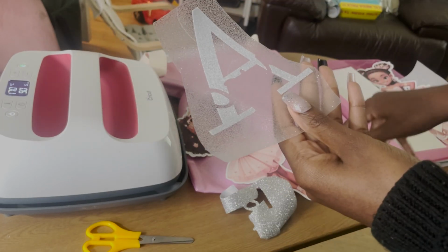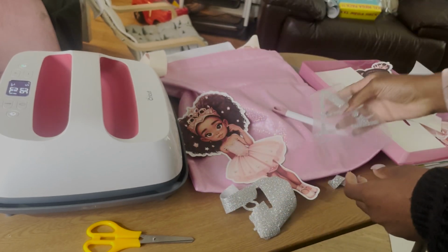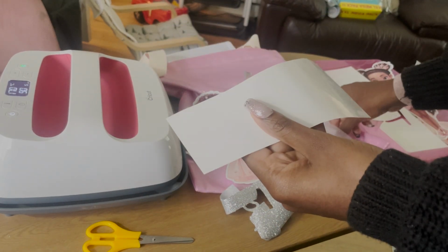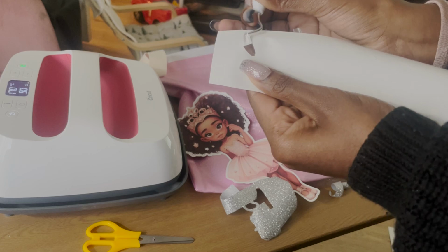and then so there's the A weeded, and we have it cut out there, we have a little cut out here, and we have it cut out here. And then here is her name, and I'm going to do the same. Her name is separate, but I'm going to leave it on the plastic, and I'm just going to weed around all